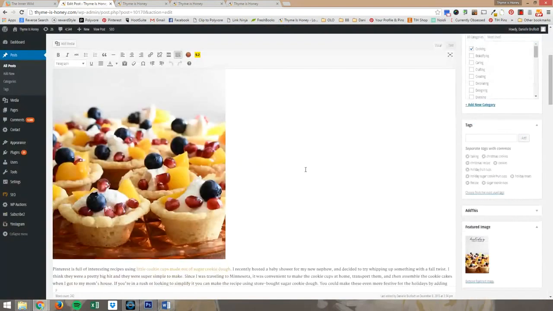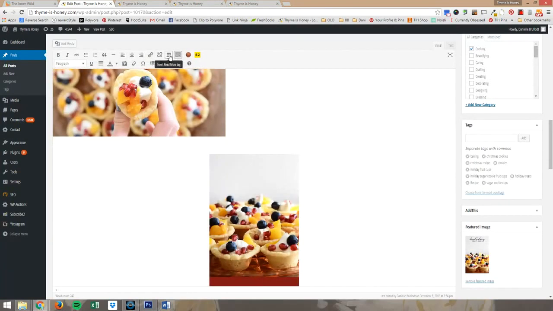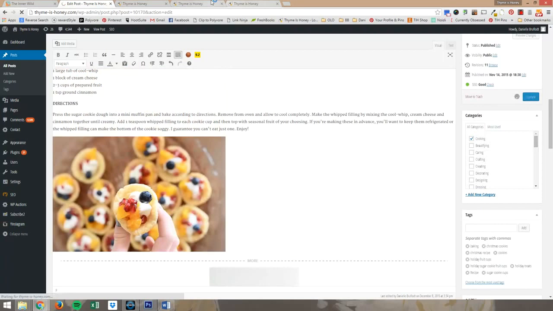but an easy way to fix that, just to have it hidden on your homepage, is to just go in and add a read more tag. And that's just this button here. You just put your cursor up above the image, hit that, and it adds it automatically for you. When you update then,